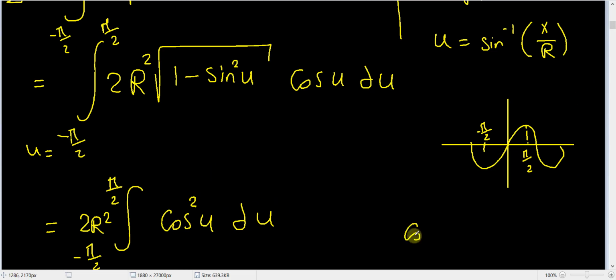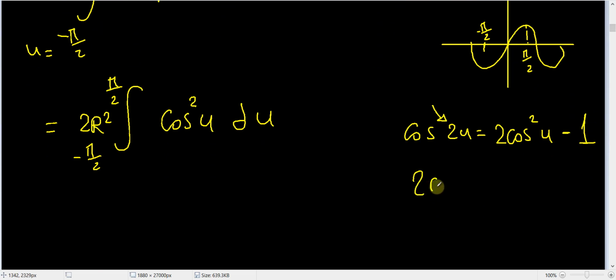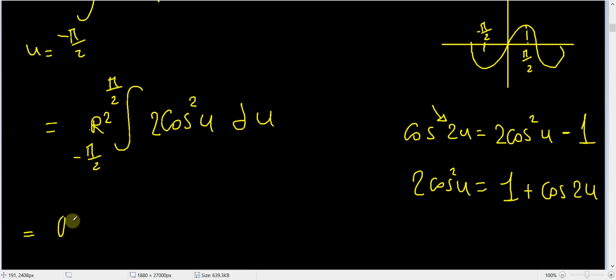We know that cosine 2u is equal to 2 cosine squared u minus 1. This is the double angle formula for the cosine. So we know that 2 cosine squared u is equal to 1 plus cosine 2u. So now this integral, I can take this 2 here and remove it from here. So this integral is really equal to r squared integration of negative pi over 2 to pi over 2 of 1 plus cosine 2u